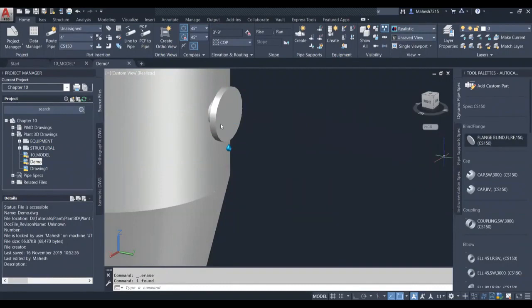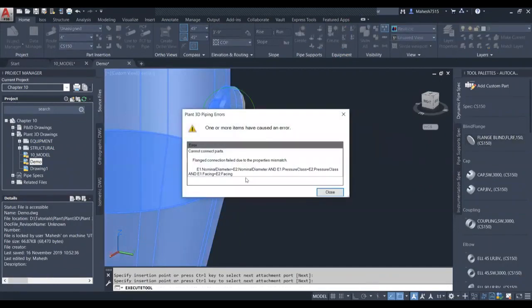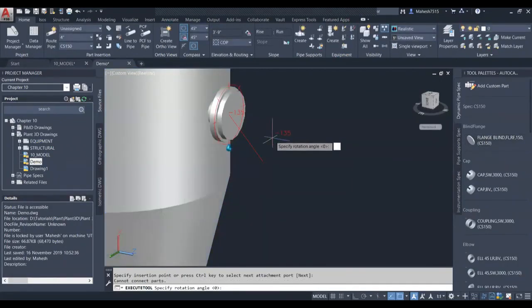So we'll put up a flange here. This will also be connected, but we still see a teardrop. If this is switched off, we cannot see it. We can still continue our piping, but that shouldn't be done. That's not a best practice.